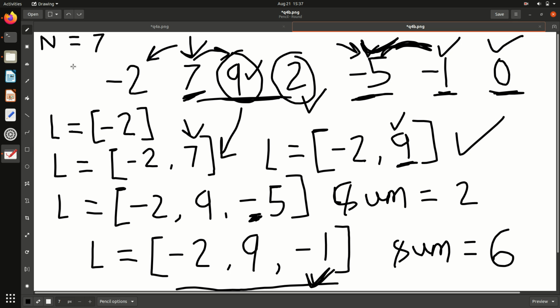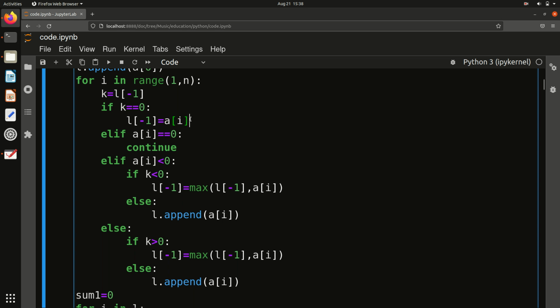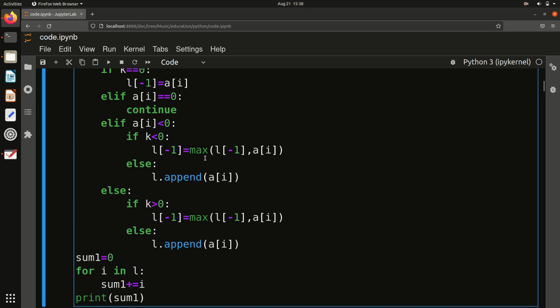So suppose the first element was 0. So B in L it is 0. Now we are trying to add minus 2. If the last element is 0, and we know that we do not want to keep 0 because there is no need of it, just update the last element with the current element. So this was about these 2 lines. I hope you got